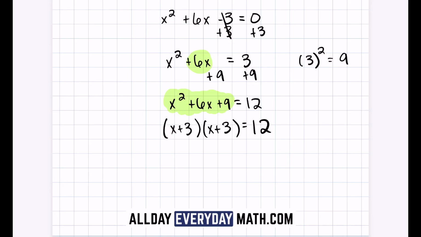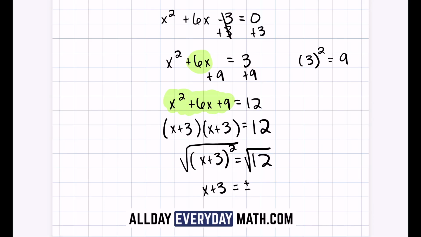So from here, I'm just going to go ahead and rewrite this as x plus 3 squared is equal to 12. And so now we can take the square root of both sides. So after we do that, we'll end up with x plus 3 is equal to plus or minus the square